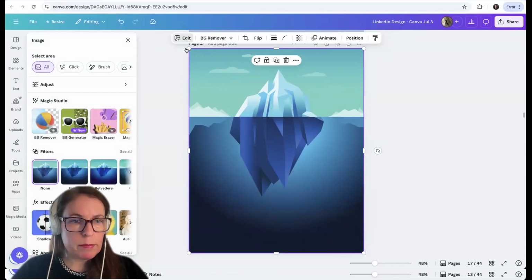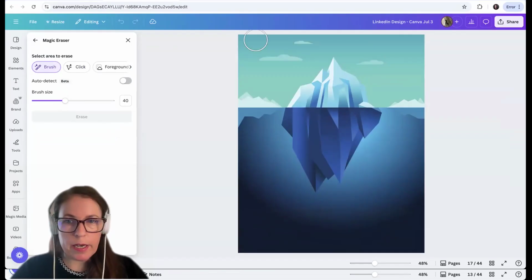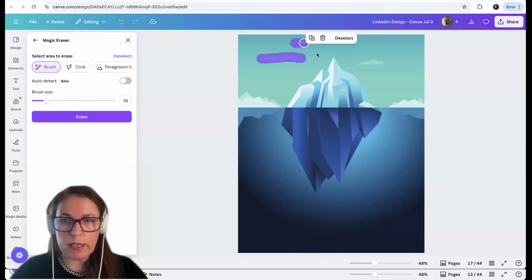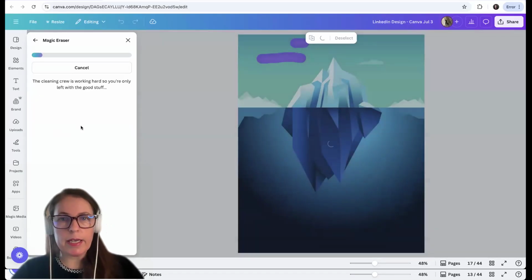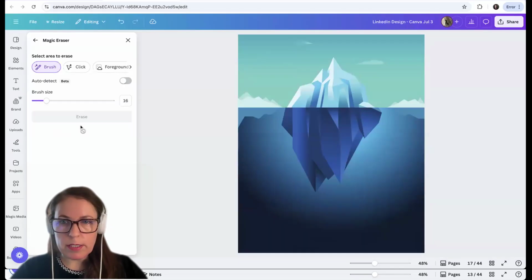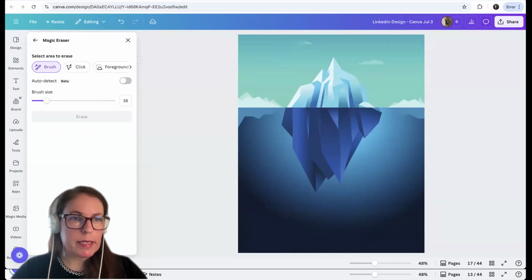So I will go to the Magic Studio and I will actually use the Magic Eraser, and I'm going to delete some of these, erase them. I'm going to just decrease the size of the brush so that we can be a little bit more precise. And I'm just going to brush over like this. Maybe that will be totally fine, and I will do erase. And again, it's going to calculate what's supposed to be in the background here. So let's see what happened. Maybe I would just do it one more time to really clean it up,